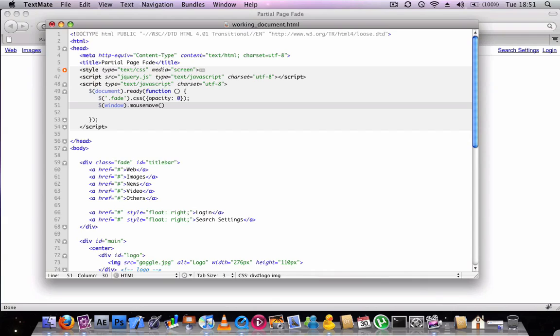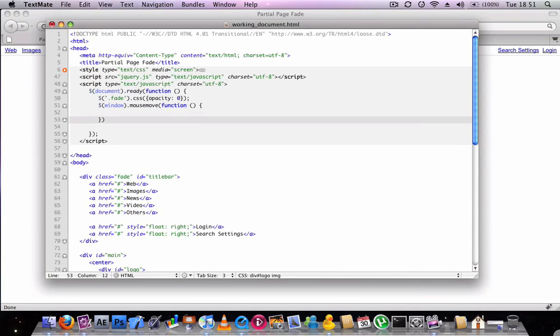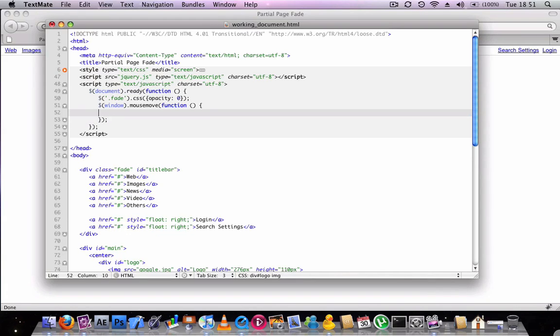So if you do window.mouseMove function, here we put in our jQuery function, which is fade.animate. This is animating the CSS of the property, which is fade. Animate opacity